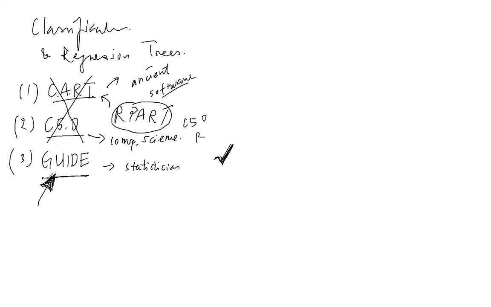So he has done many years of research into this kind of model, and he found out that CART and C5.0 tend to produce what we call biased trees. He found that if you use these programs to make trees, they have a major problem. First, they have the problem of bias towards variables